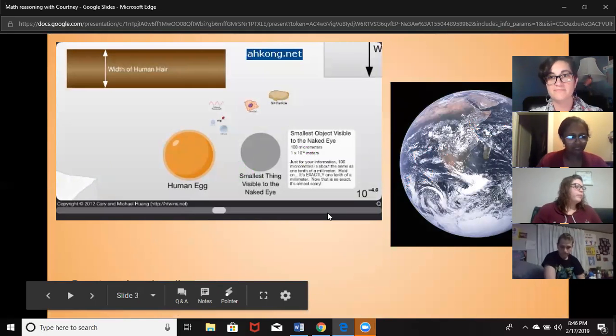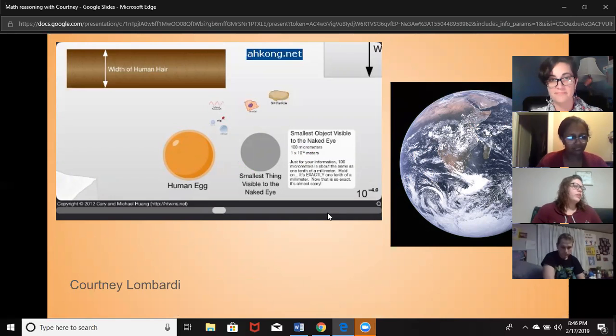Courtney, what was the purpose of the scale of the universe data? Can you recall what the smallest object that can be seen with the human eye is? How and why do you write large and small numbers in scientific notation? Why is measurement relative